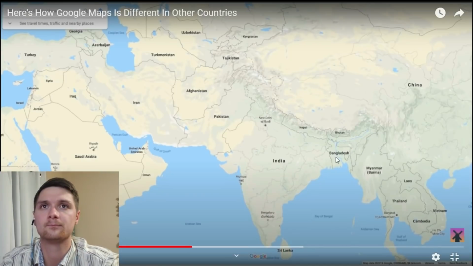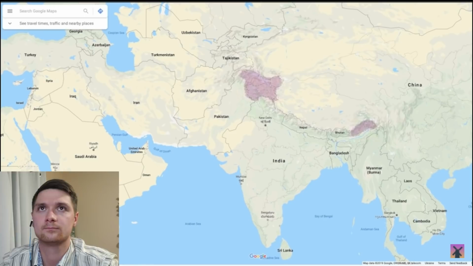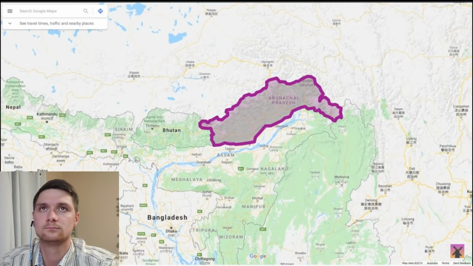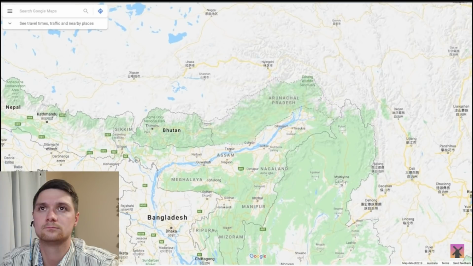The biggest differences that you'll notice between countries are over in Asia, primarily on the India-Pakistan-China border. Let's start off with this awkward piece of land here, which, depending on who you ask, is either Arunachal Pradesh or South Tibet. If you're looking at maps in literally any country in the world except for either India or China, this is what you'll see here. A dotted line in the north where India asserts the border is, and a dotted line in the south where China asserts the border is.